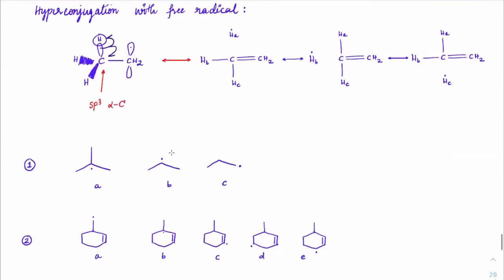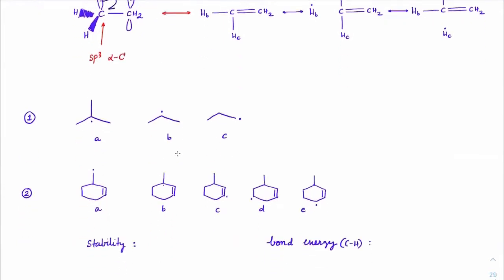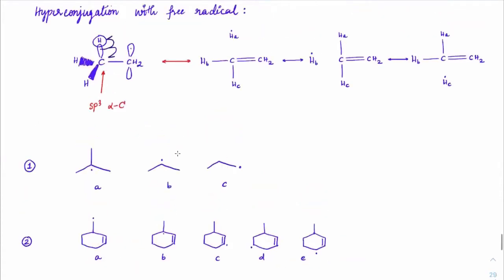Based on that, if you have to analyze the stability, it's pretty simple. Between these three, you will simply count the number of alpha hydrogens. The more alpha hydrogens, the more stability. You can see the number of alpha hydrogens here are 3, 3 and 3. So 9 here, 6 here and 2 here. Let me just write that down. Alpha hydrogens 9 here, 6 here, and only 2 here. Which makes A greater than B greater than C in terms of stability, also in terms of the number of hyperconjugated structures.